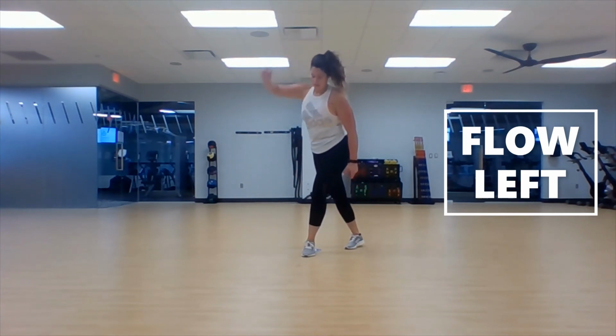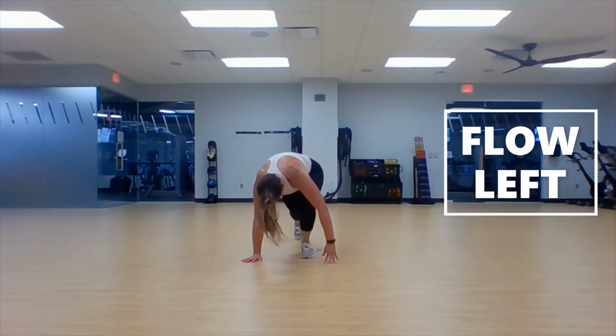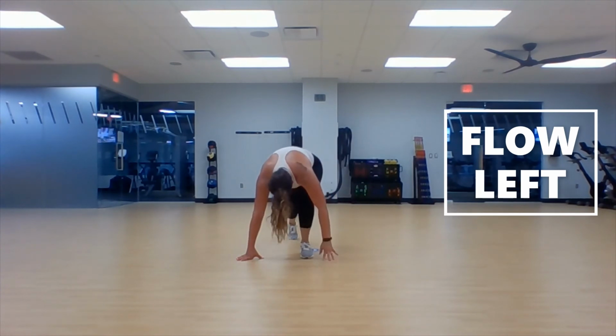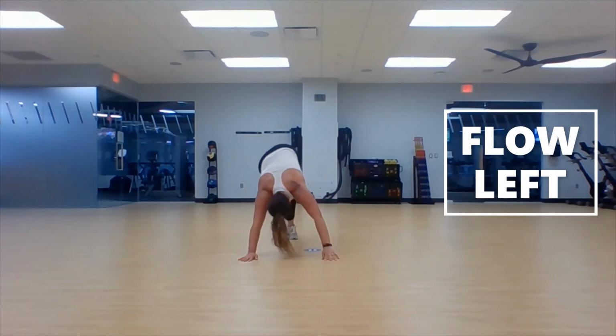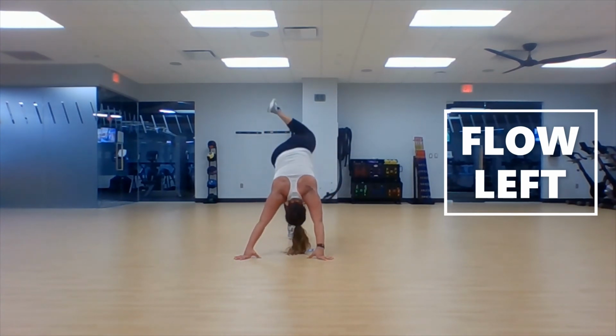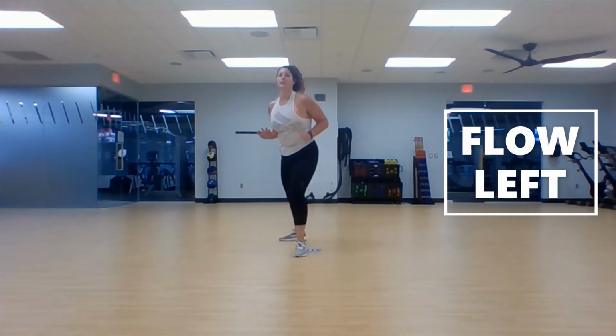Atlas, single leg with connect, low lunge, reverse, low lunge, single, low lunge, reverse, lunge, single, one more time. Warrior 1 push,